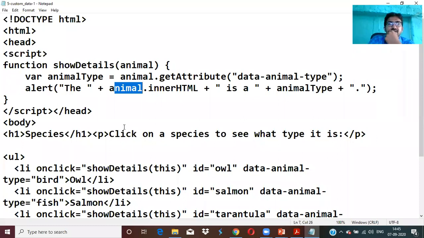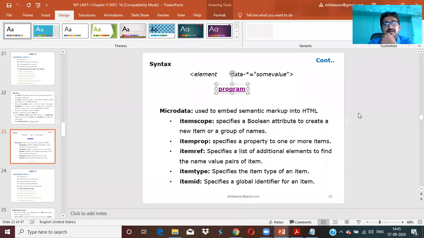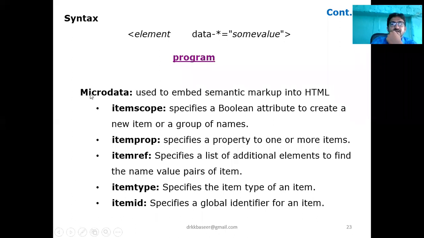Like this, we can write the JavaScript. Anyhow, we'll discuss this JavaScript once we start it. In a similar fashion, we also have microdata to embed semantic markup into HTML: itemscope, itemprop, itemref, itemtype, itemid.